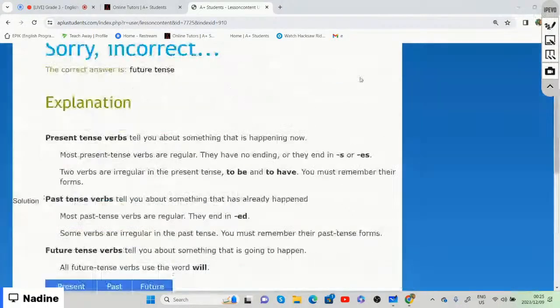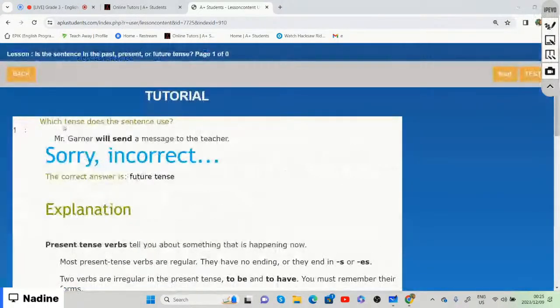All right, so now it says, which tense does the sentence use? If we now look at the different tenses in the present, in the past, and in the future,